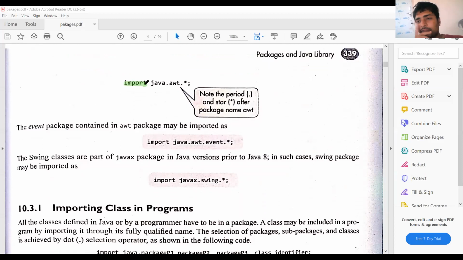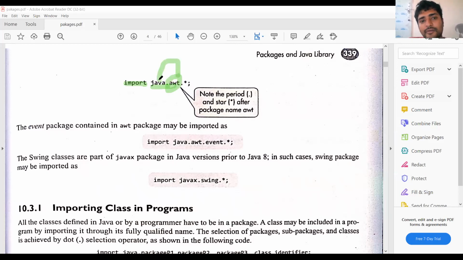Import is a keyword. If you want to import any package or any class, you can use the keyword import. For example, import java.awt.* means that you are going to import from the sub package awt.